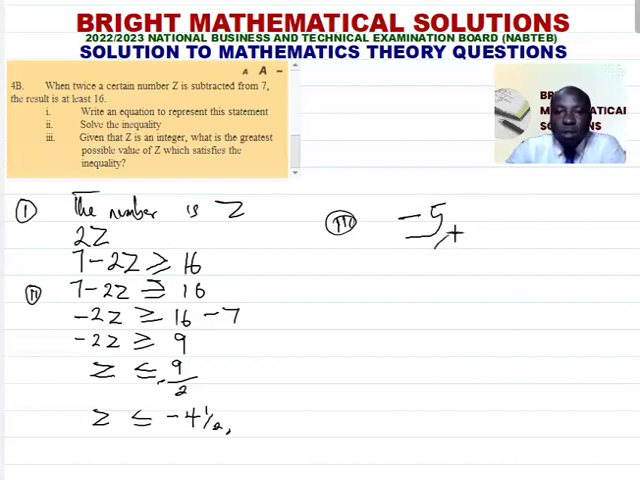5. So for any value that is greater than minus 5, the inequality will not be true. You can substitute minus 4, minus 3, minus 2, minus 1. You will discover that this inequality will not be true. But anything that is below minus 5, minus 6, minus 7, minus 8, you will discover that this inequality will